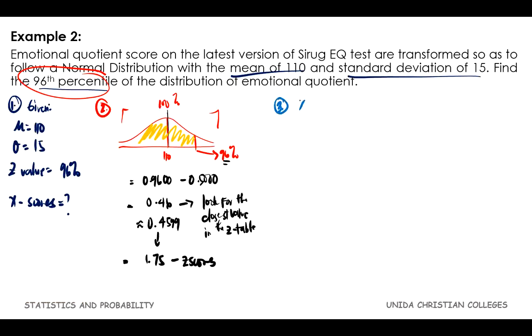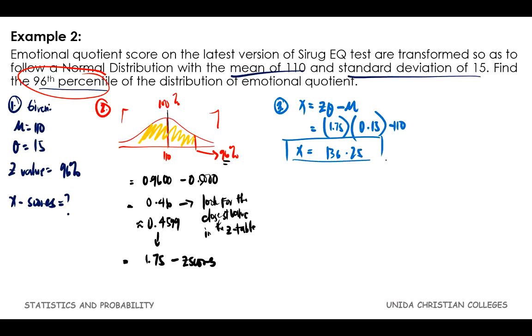Let's proceed to our formula. Our z is 1.75. Multiply by the standard deviation, 0.15, minus 110, which is the average. Perform the operation, you will get 136.25. Okay, so, meaning